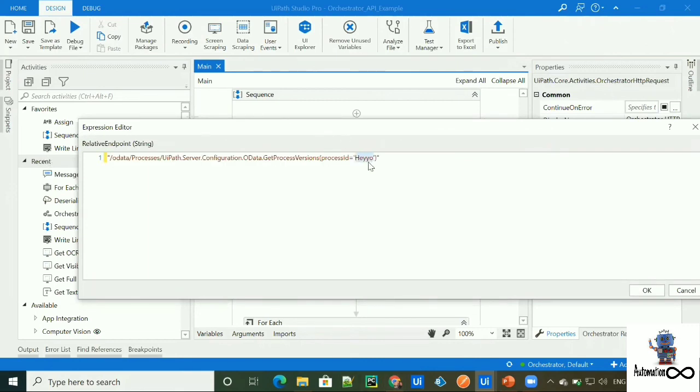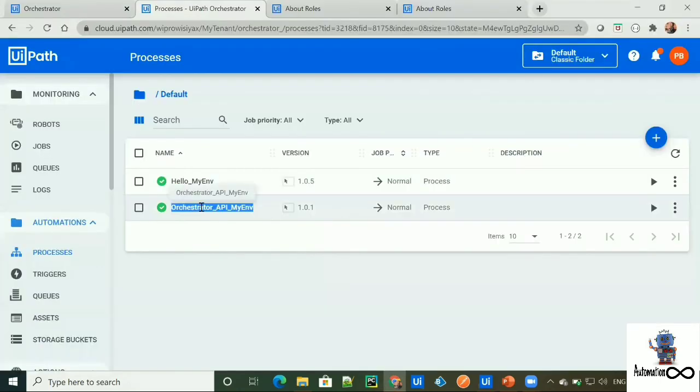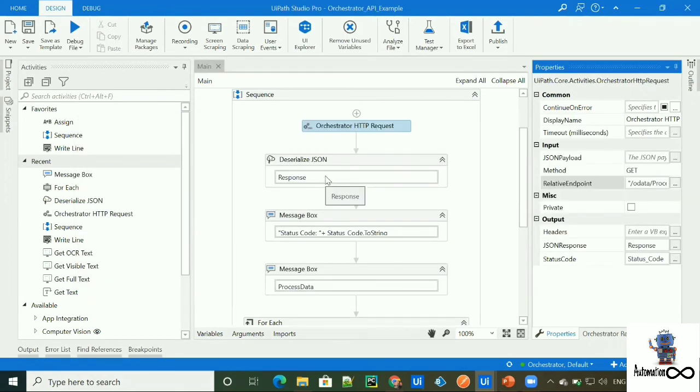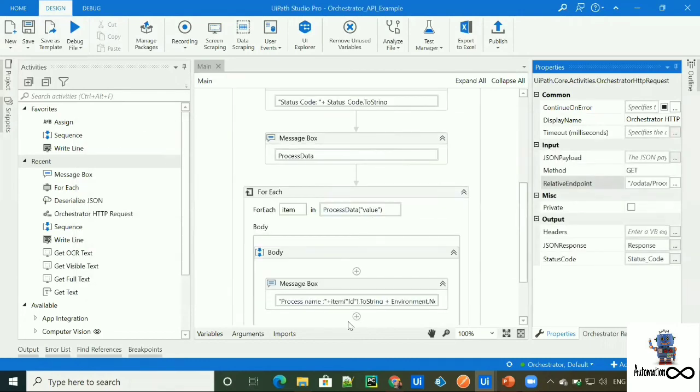This process name I can get in the response of the API that we previously called, or we can simply get it from our orchestrator. The rest will be the same. So we'll be fetching the process name and process version for the specific process. Let's go ahead and check.